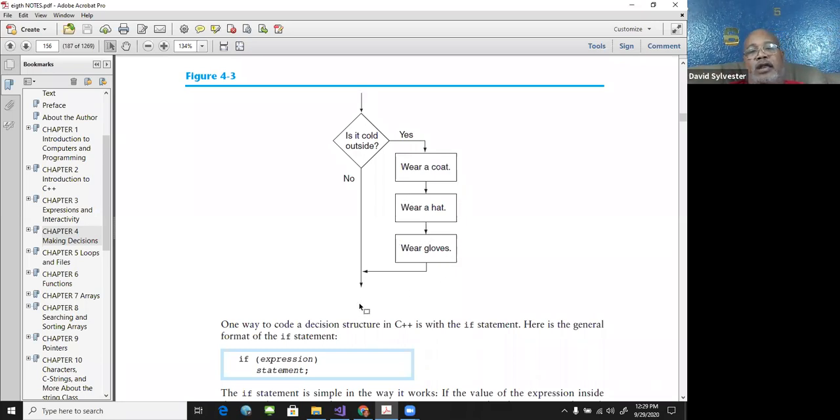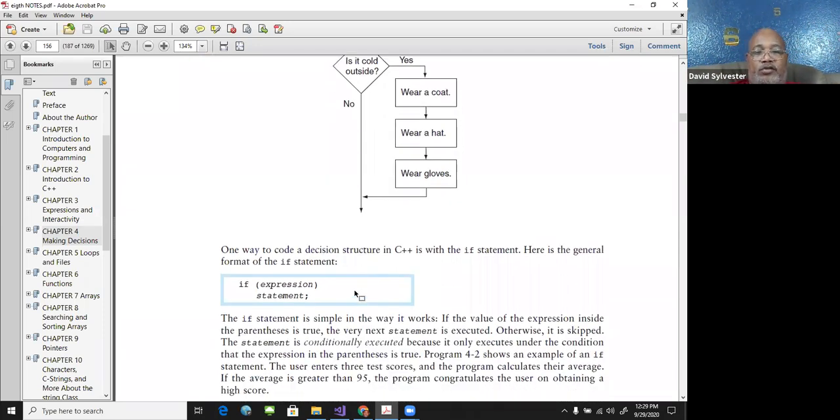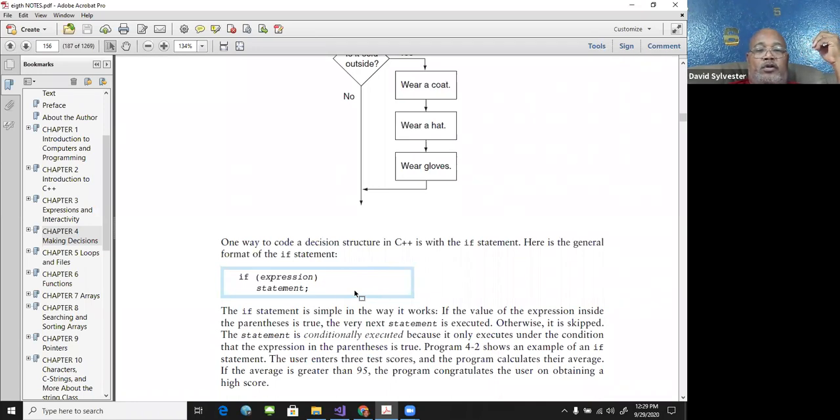When you start building programs and writing larger and larger code, you're going to see a combination of sequential code and decision code, where you have to decide whether to branch off and do this or branch off and do something else. So it will be combined so that you can accomplish your task. All right, so the if statement